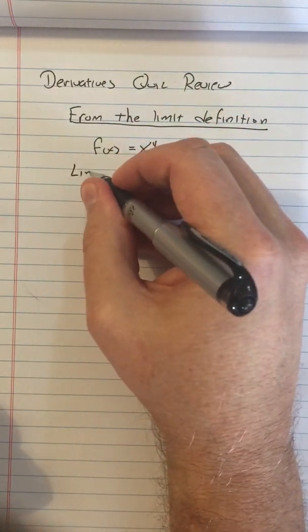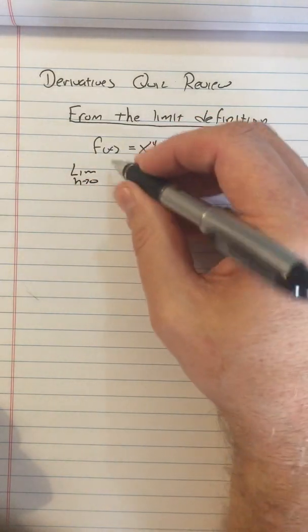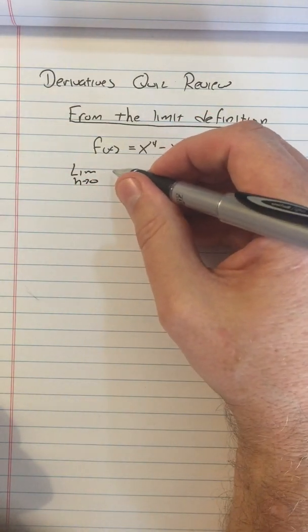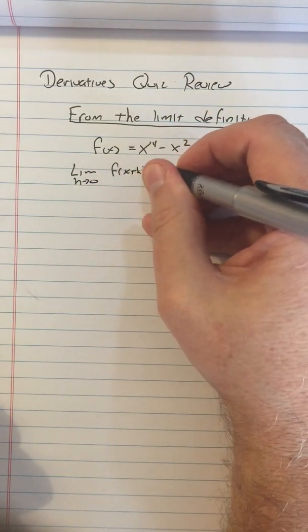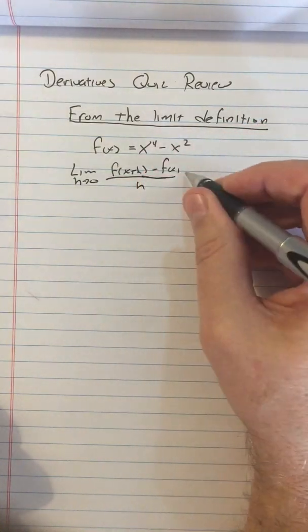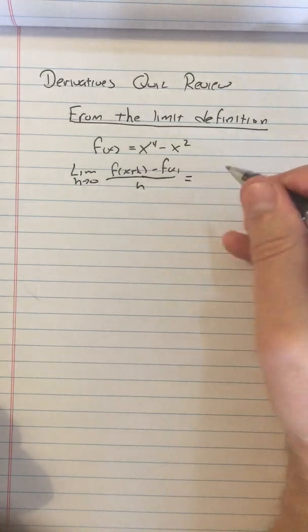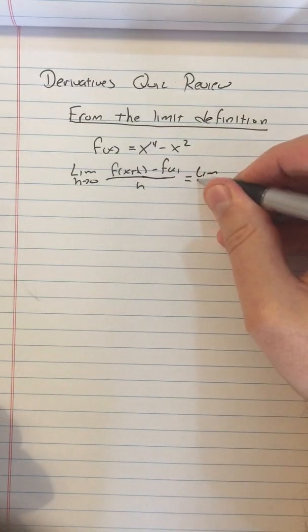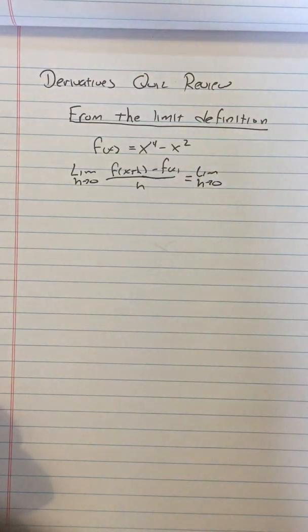So you have to start with limit as h approaches 0. Make sure you have the limit statement and make sure you're consistent with it. f of x plus h minus f of x over h. So then, maybe start by writing and keep that limit statement on, because you will lose points if you don't,